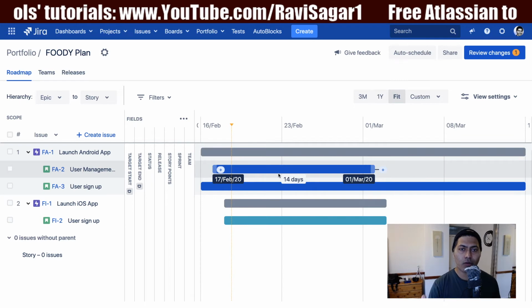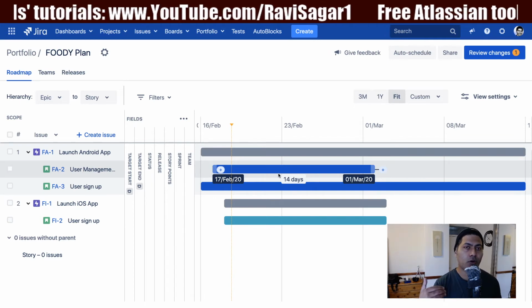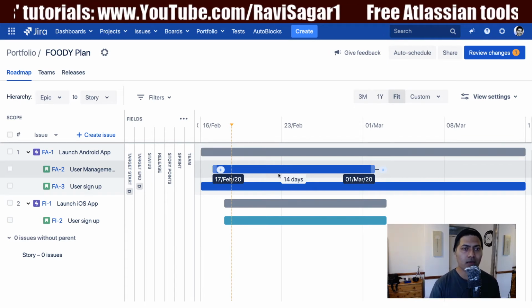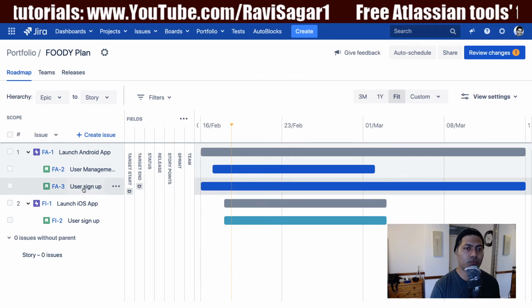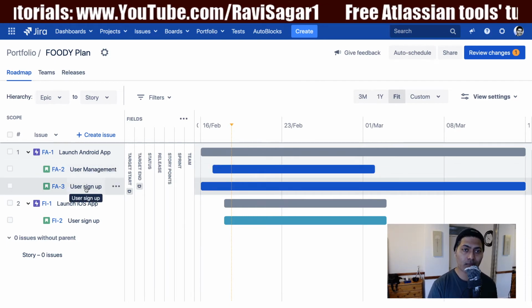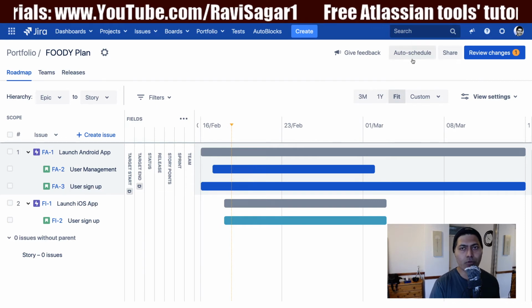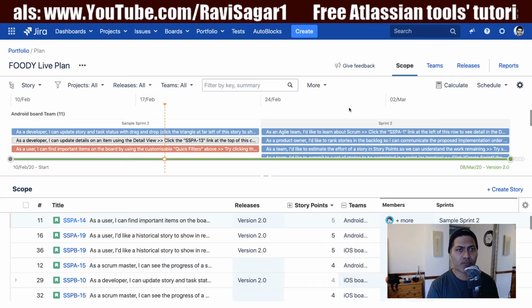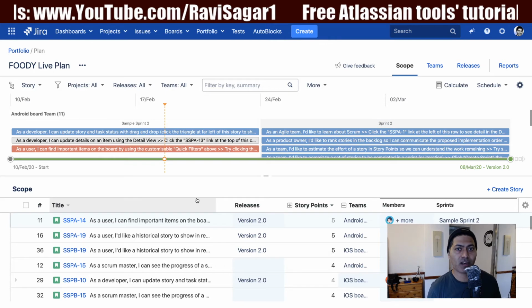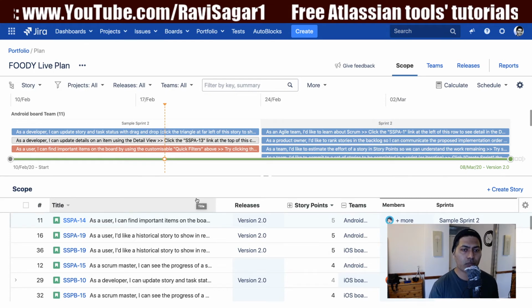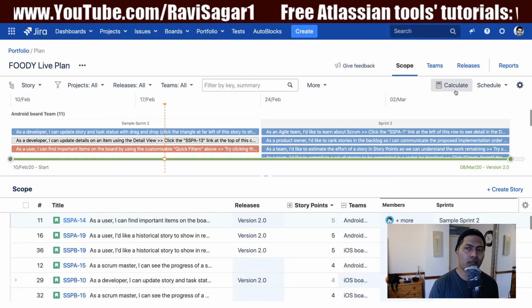And this visual roadmap is not just for looking at the plan. You can also play with it. You can change the order. You can do a lot of changes quite easily. You also have the option to, of course, use the auto schedule. But when you were working on the Portfolio for Jira live plan, you relied mostly on something called calculate,